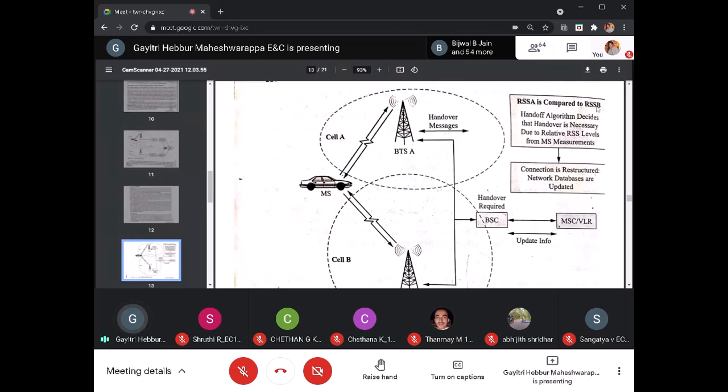So these two are the major steps which take place based on the received signal strength of A compared to the received signal strength of B. Received signal strength of A means base station A, when it is compared to received signal strength of B. If it is moving towards RSSB, then obviously MS receives the maximum signal strength or output power from the BTSB. Then MS will assist the BTS in moving towards this. Then BTS also will check the MS output power. Then the handover message, or the handover control information, is transmitted to BSC.